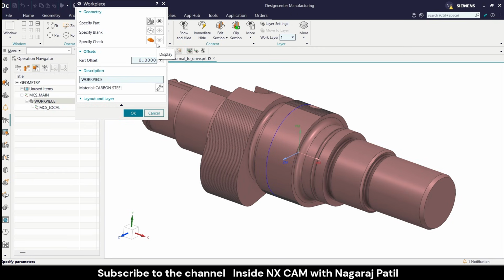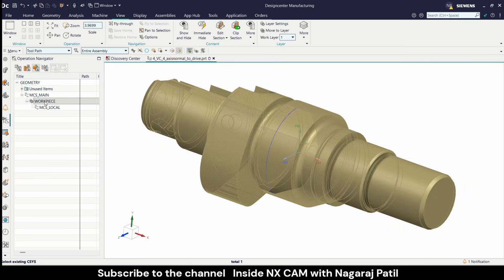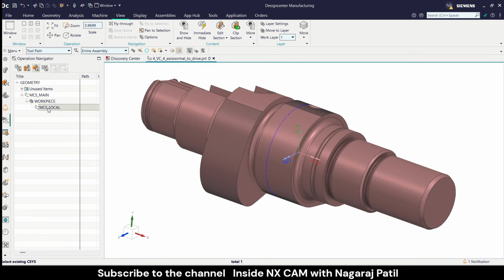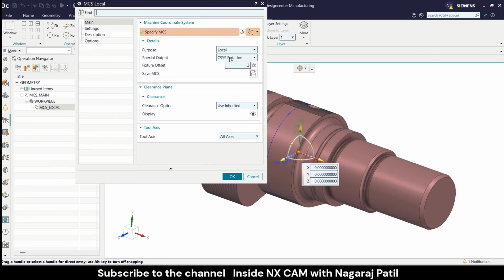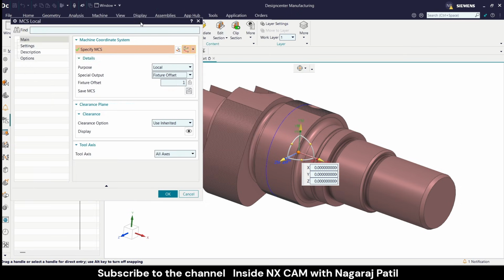If you are using any mandrel or directly check that you would like to consider, then you have to specify check. After this, I will add MCS local. MCS local should specify output as fixture offset, so that my output will come through this value. It's the same as the main MCS I kept, but here I changed it to local fixture offset, special output as fixture offset and value as 1, so that I will get output as